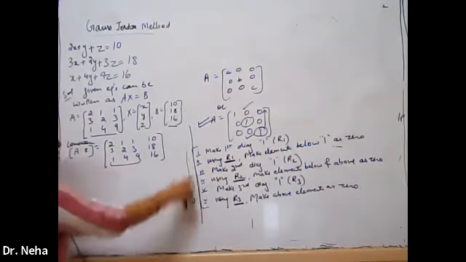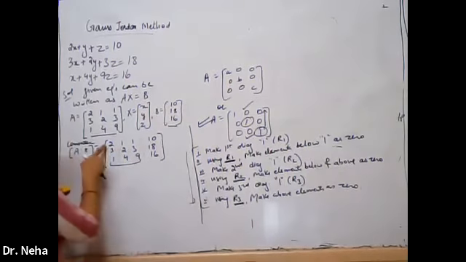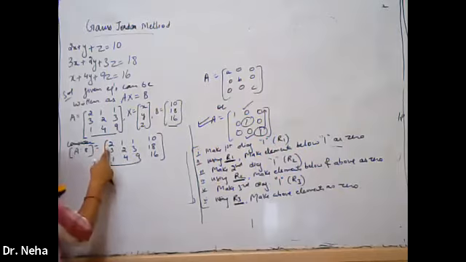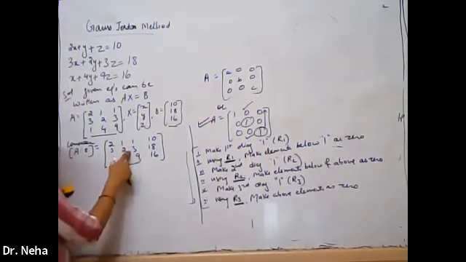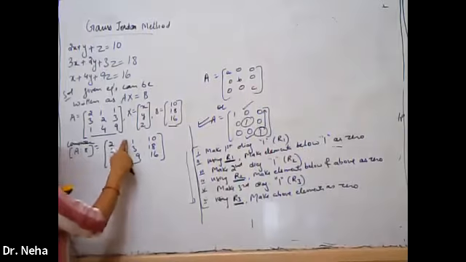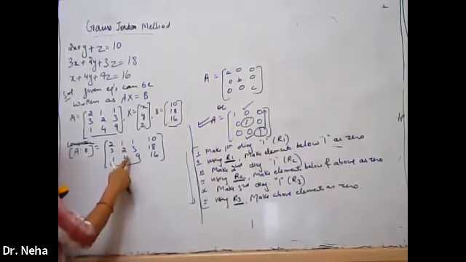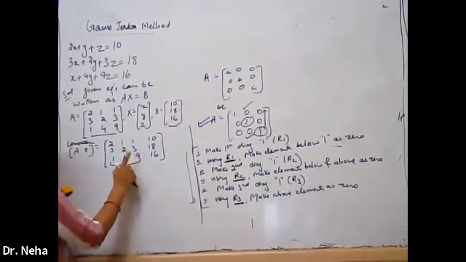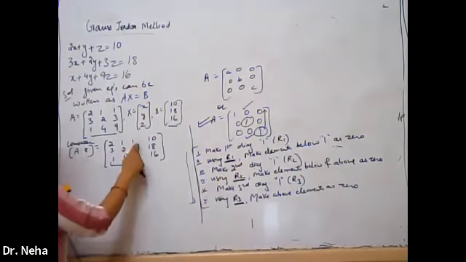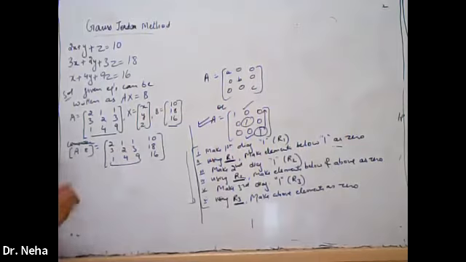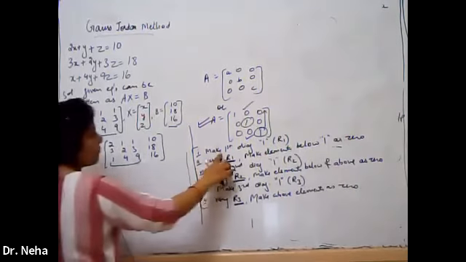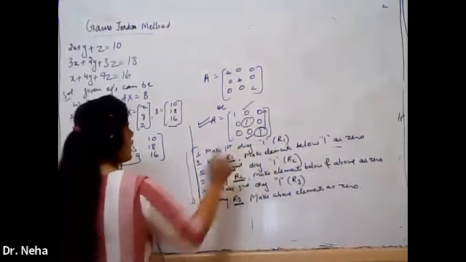Okay, so I'm going to start in this form, making the first diagonal 1. Using this row, these two elements have to become 0. Then second diagonal 1, using this one, the upper and lower elements become 0. Then making the third diagonal 1, using that one, the above two elements have to be 0. So let us start with our first step, make first diagonal 1.